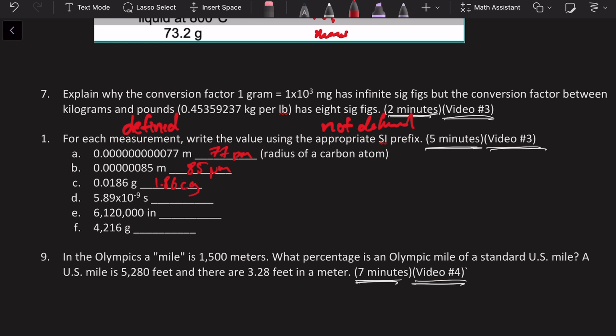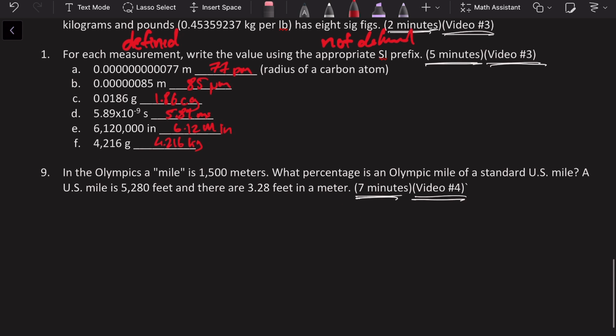9 is nano, so 5.89 nanoseconds. 5 is in the millions, so 6.12 mega inches. 6 is in the thousands, so 4.216 kilograms. Final question, we have 1 Olympic mile is 1,500 meters, US mile is 5,280 feet, and there is 3.28 feet